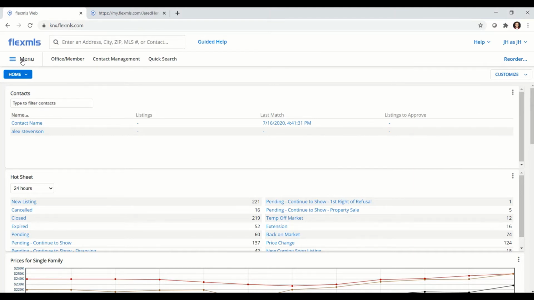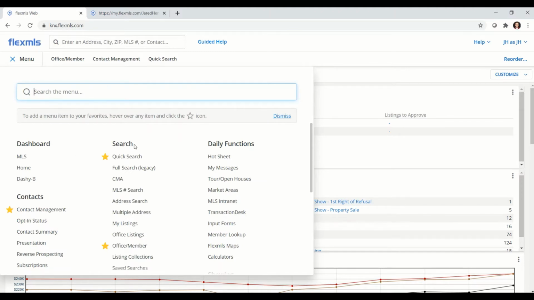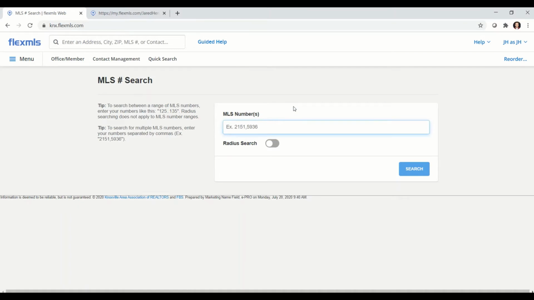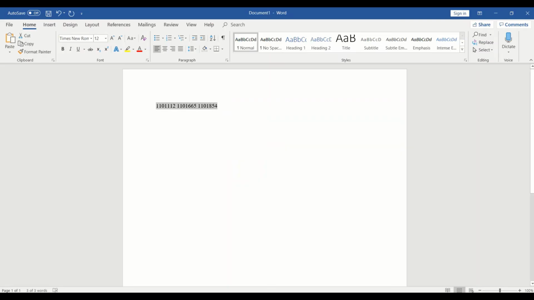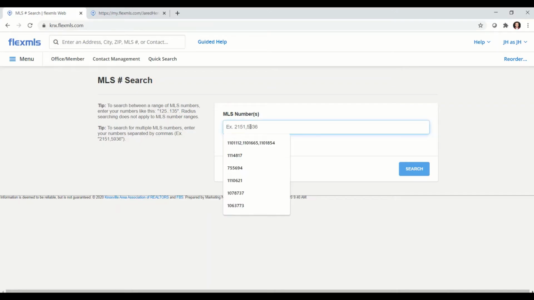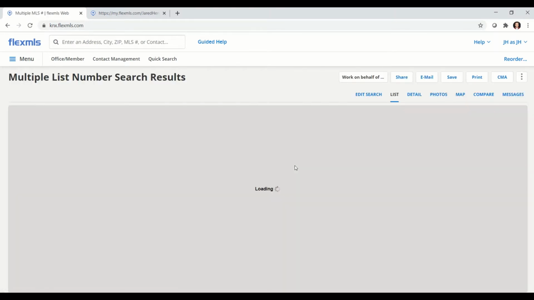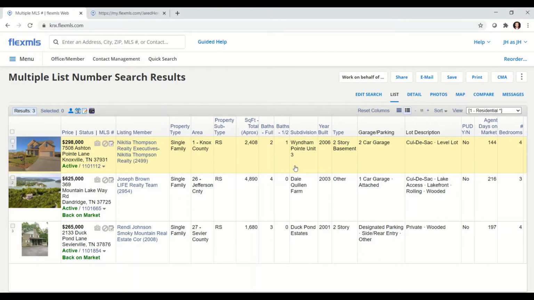So we'll go over here to the menu, and then under search, I want MLS number search. I have already identified the three properties that I want to show my buyer, and I've recorded those MLS numbers in a Word document. So I'll go ahead and copy the numbers and paste them into the search, and then hit search. So now I will have a search that has only the three listings that I'm going to show my buyer